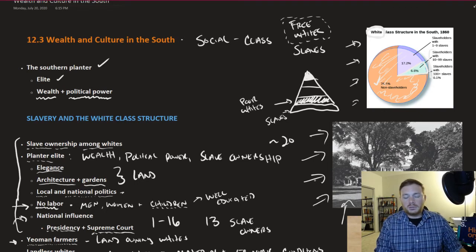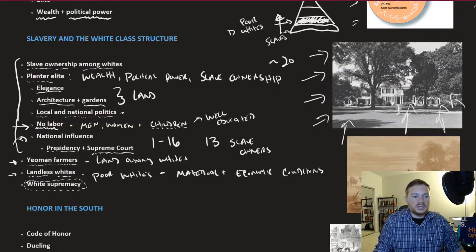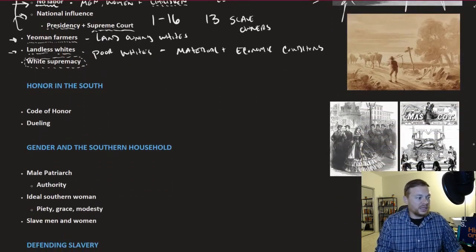If we think about the poor white or the landless white class and ask, well, why were they such ardent defenders of slavery, even though they didn't own any slaves? Well, it was because it solidified their social position. If slavery were to be abolished, the first people to get passed up on the social pyramid are the poorest of whites. And so in some cases, that's why they defended the institution so passionately, even though they actually didn't own any slaves.